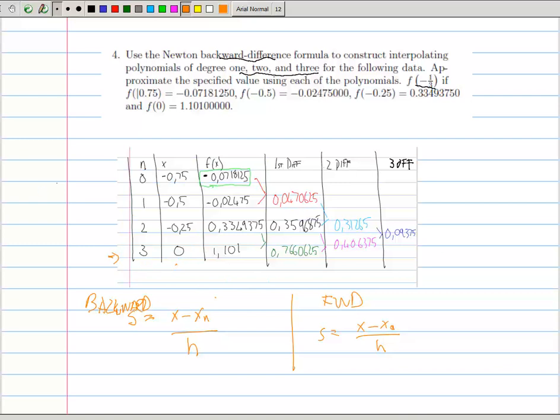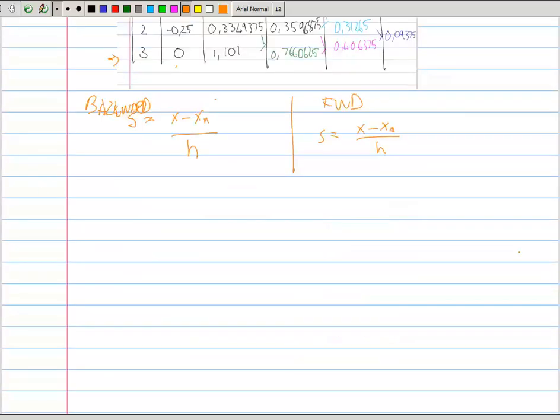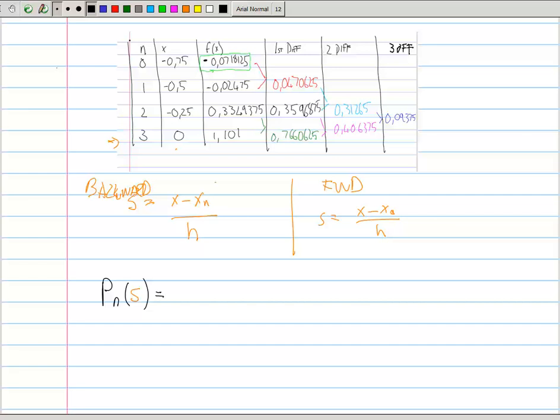So our next difference is our actual formula. So if we go down, I'm going to write out the interpolating generalized formula. So we have Pn, again this is for backwards difference, Pn of x. This time I'm going to write it in terms of s. So Pn of s is equal to, this time we have our an. I need a different color, I can use gray for this. So we have our an, which is our final term,